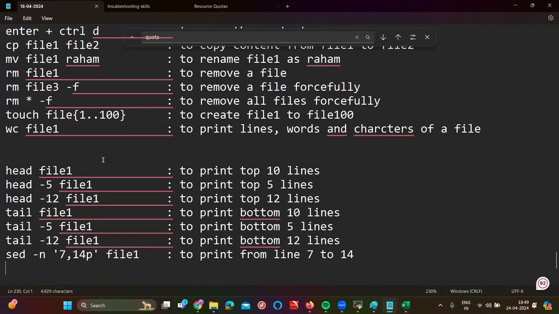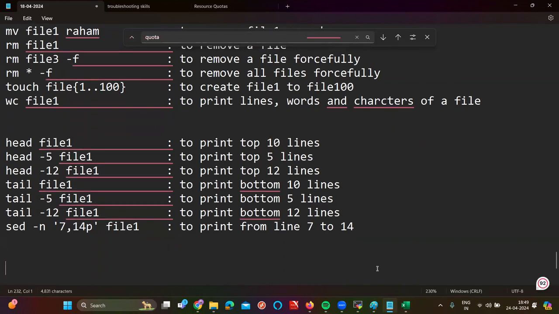So now, are the head and tail commands clear for all of you? What is the purpose of using head and tail commands? Top to bottom, like head means top, tail means bottom. But if I want range lines, I want to print, which command? sed command. Clear. Now tell me, are the file commands clear for all of you or not, sir? Online, can you please confirm, are the file commands clear for all of you or not?